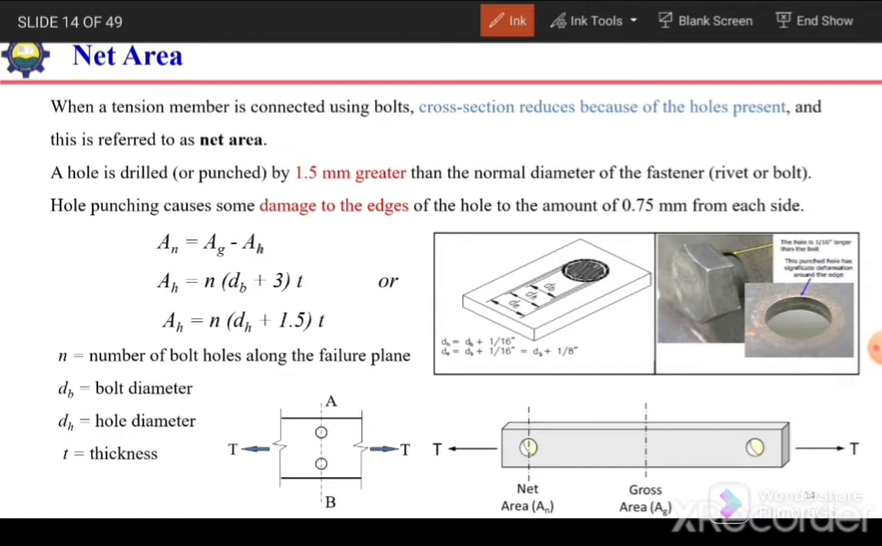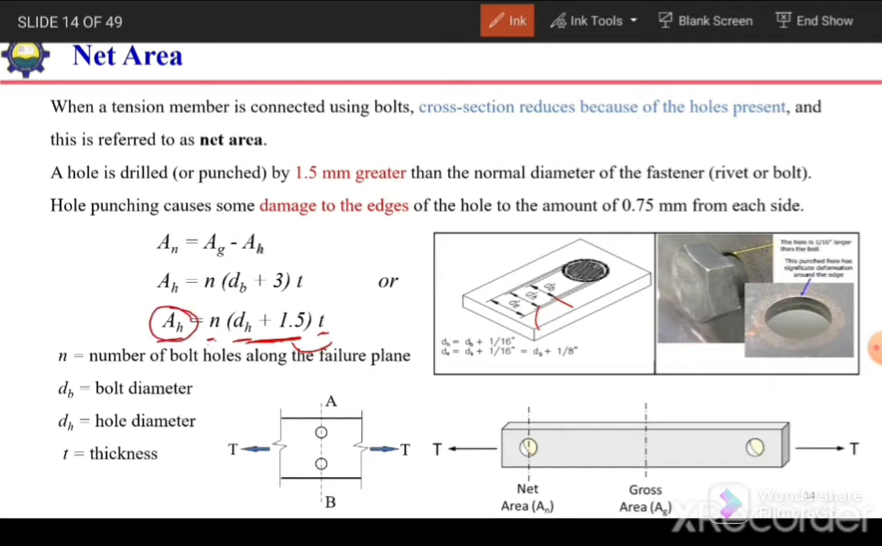Similarly, if we know the diameter of hole which is given for the standard bolts in the AISC code, the standard diameter of hole is given corresponding to the bolt diameter. So in that case, if we use the diameter of hole instead of diameter of bolt, the equation will become: area of hole is equal to N times, where N is the number of bolts in that line or at that section, diameter of hole plus 1.5, which is the allowance for the damage. So this will become effective diameter times thickness,